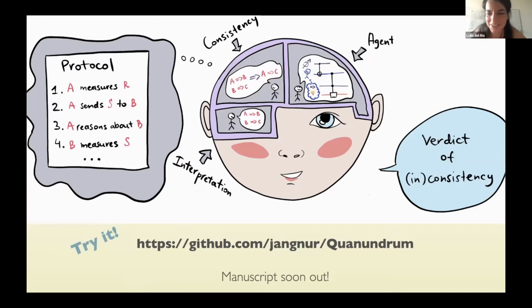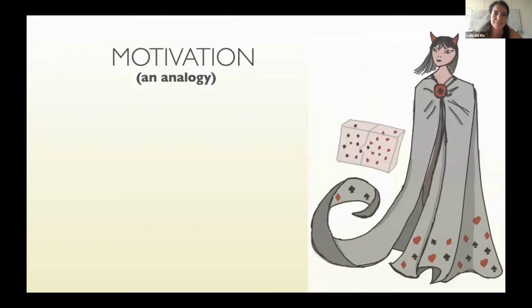Good, so as I was saying, we have the software package, it's open source, you can check it. The link is here, but it's also on the website and in my abstract. So you can try it out. After I explain a little bit how it works, there are some examples there that you can go through step by step, and you can try to model your quantum thought experiments and see what goes wrong, or you can try to tweak an interpretation a little bit and see how it changes things. In theory, that's the goal.